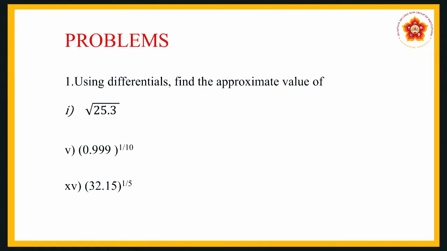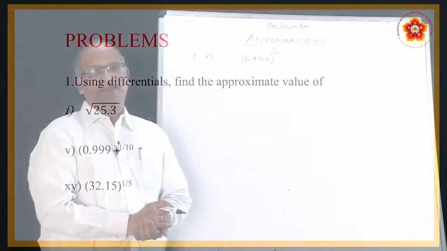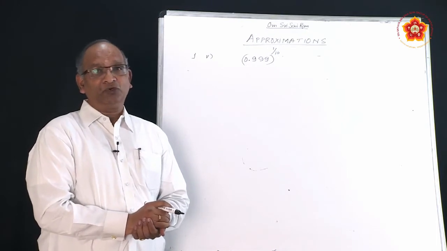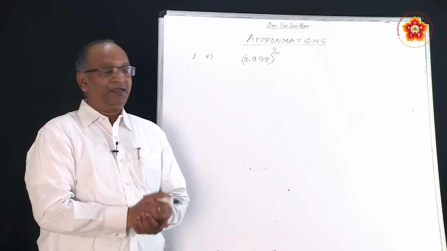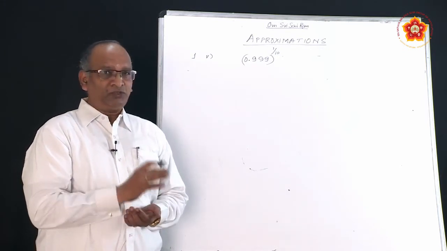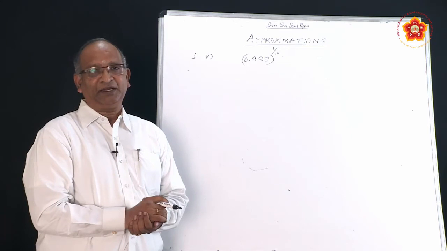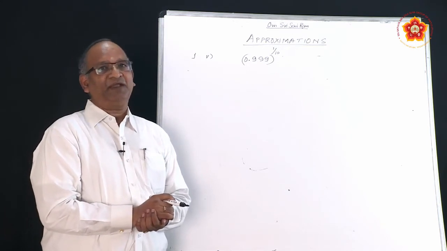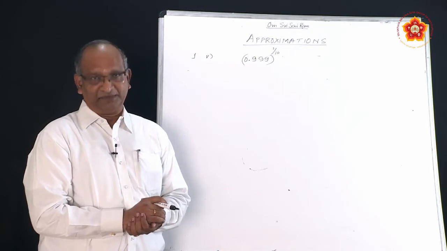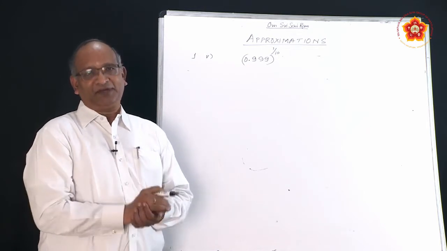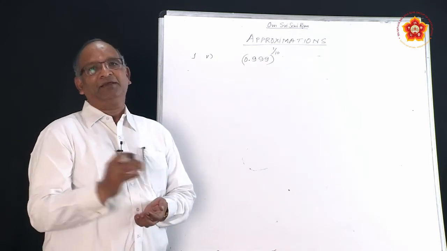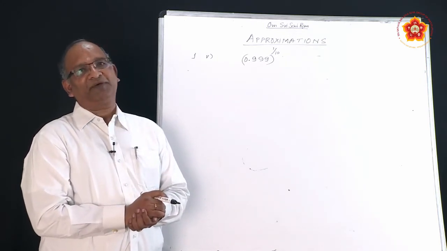See, you have learned how to find square roots in 8th standard, and you can find out square roots. When it comes to cube roots, we have difficulty. Now imagine here we have to find out 10th root. So there is no algebraic method we have learnt in lower classes by which we can find out 10th root. Yes, you can always find out by using logarithms or by using calculators. But if you have to find out on our own, this approximation comes to our rescue.